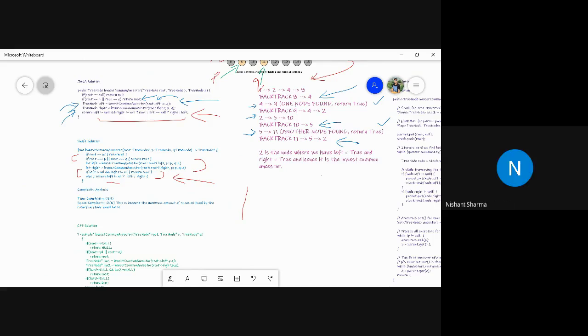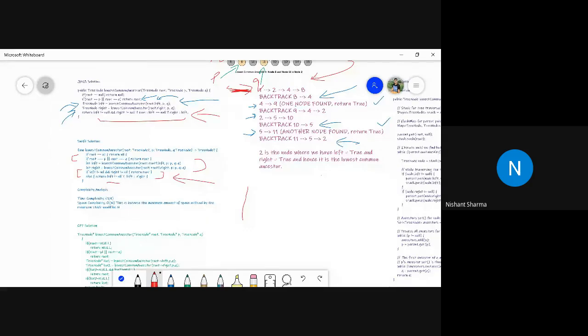Your voice is breaking. So what is left? Left will be the parent of either P and Q. Okay, just 1 second. So basically, see what will be the left. In the example itself on the right side, if you see this red line, we basically do a DFS search.